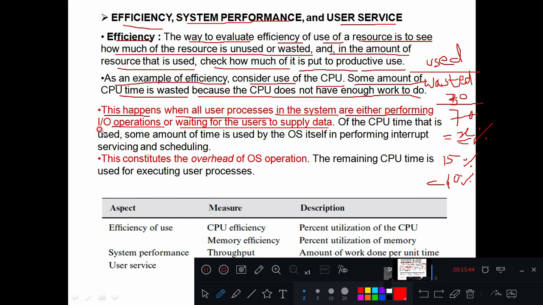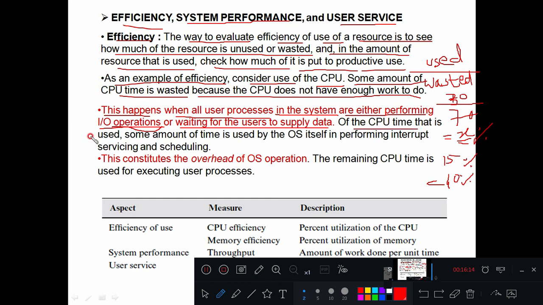And when it is doing some input output operation, if it is sending some data to a monitor, in that case it is not doing much processing, right? So in that case, I can say CPU time is a little wasted. It is not wasted for a large percentage, it will be wasted for a little amount, you can say.